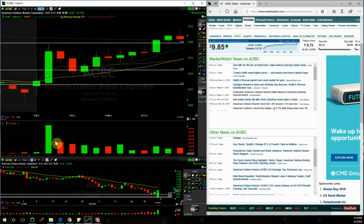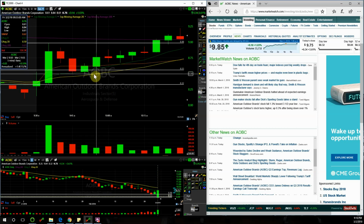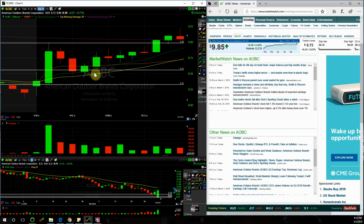So we have the next candle. Of course, let's take notice that this happened on lower volume, less than half the volume of the breakout, so that's nice. On the next candle, this green candle here, it did get down to 8.50. And actually, you know what? I said, okay, I got in at 8.55, my stop's going to be 8.50, but it got to 8.50. That was a low, and I thought,